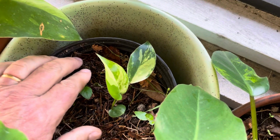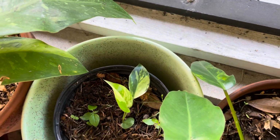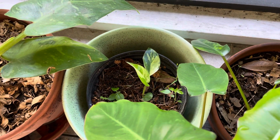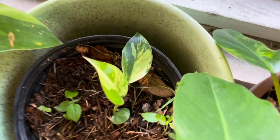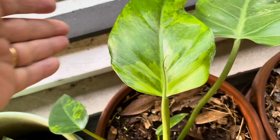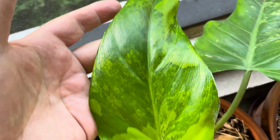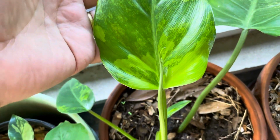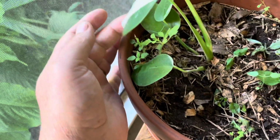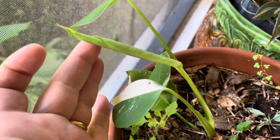So this is a Burley Marks, Philodendron Burley Marks. That was just a little stick node cutting with no root, and it's very variegated. That's what you need to look for. This is a Philodendron domesticum variegatum. I could see the variegation is going to be very nice on this. I love them. And then I have our half moon Monstera deliciosa node cutting that started it all, and there's